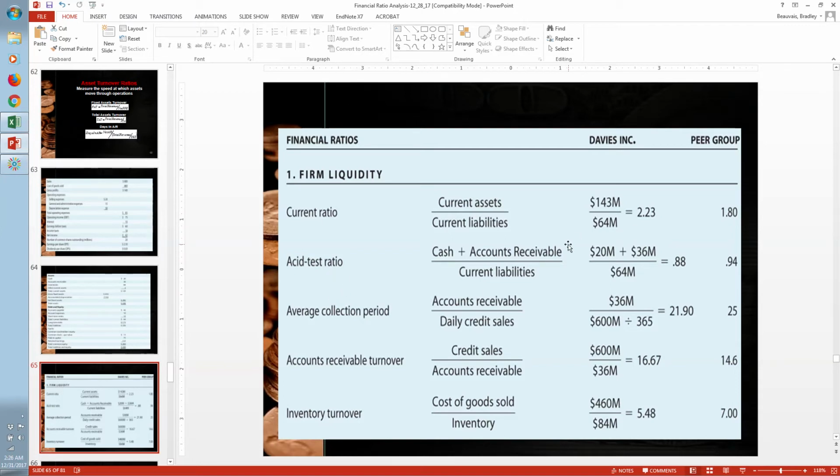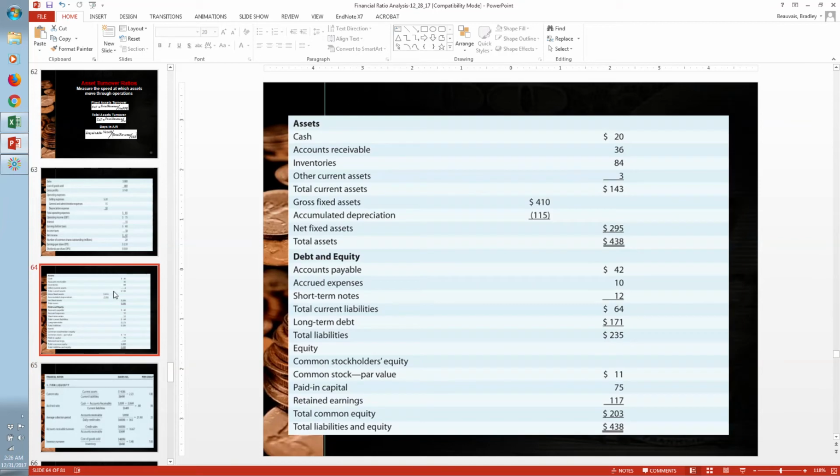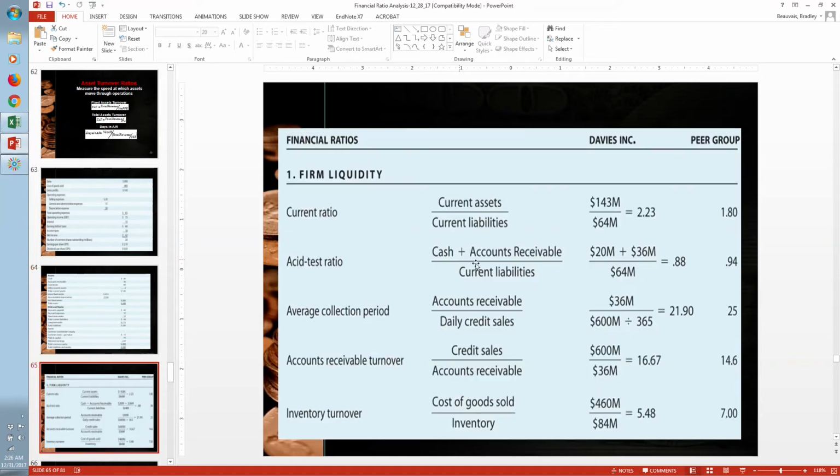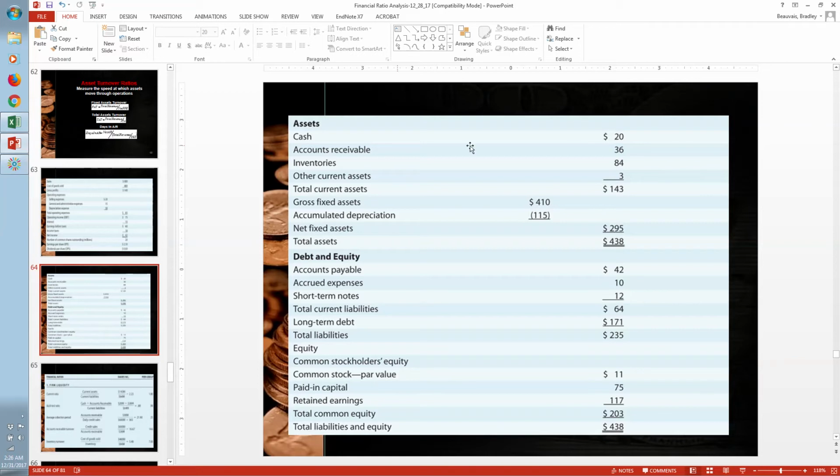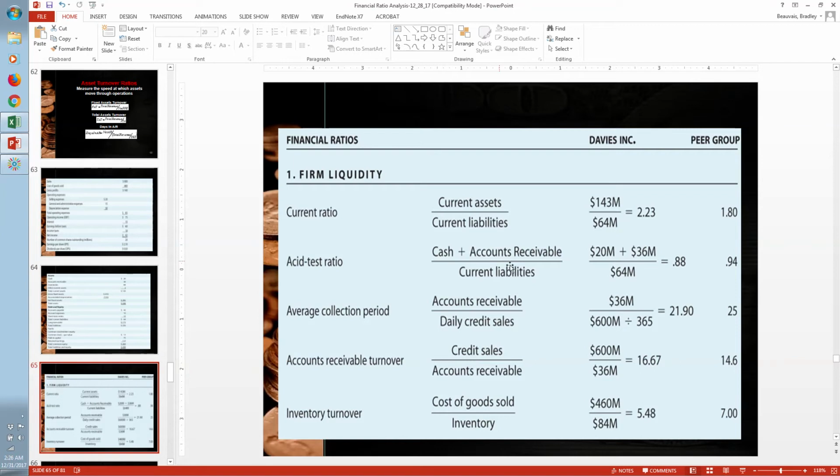Remember I said that we subtract out marketable securities and inventory. In this particular case, I don't believe we've got marketable securities listed. So what we do is just take what we've got in terms of our cash plus accounts receivable. So 20 million plus 36 million. Here's our 20 million plus 36 million. We subtracted out our 84 in terms of inventory, and divided it by our current liabilities, which of course we've already seen,